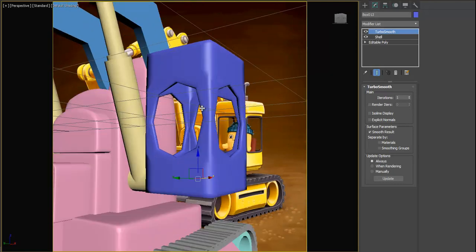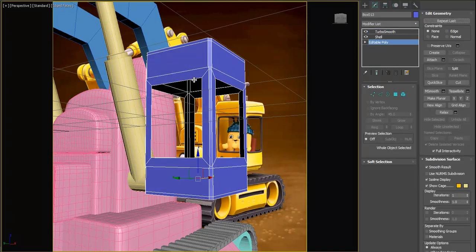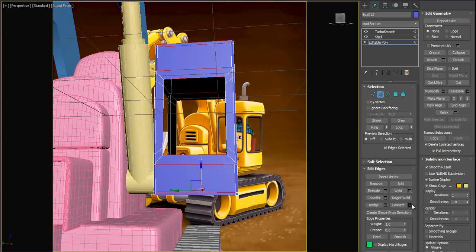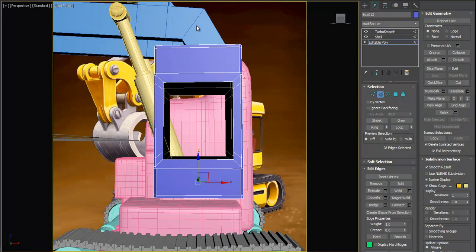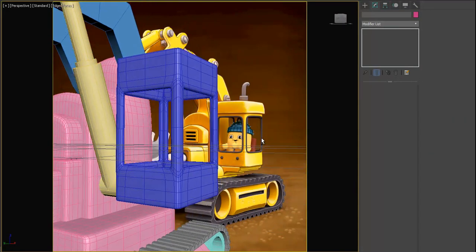Now we need to get rid of this roundness inside, so let's select these edges and add chamfer and add 2 and make it wider. Okay, and now select these edges and connect, make it wider, and also select these edges and make it wider connection. So let's turbo smooth, and as you see we get,